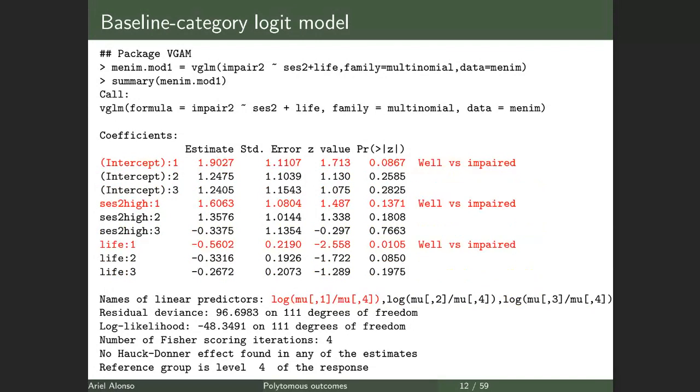The function gives you the logarithm of the odds of well against impaired. Here you have the intercept, because for each logit we have different parameters. That's the baseline category model. For each logit you have a different intercept, and you have different coefficients for the covariates. And then you see, for instance, that people that have a high socioeconomic status,